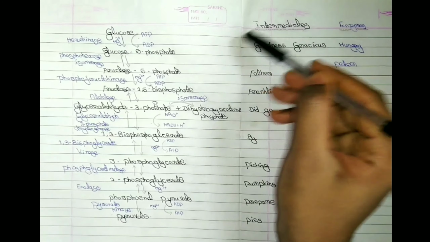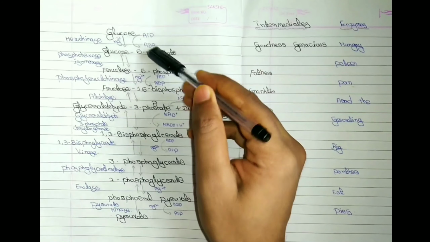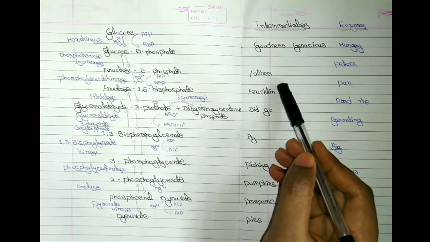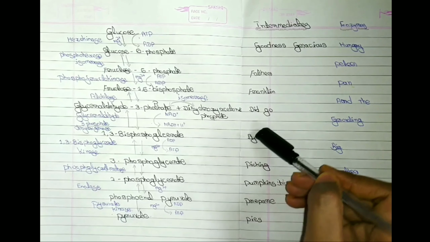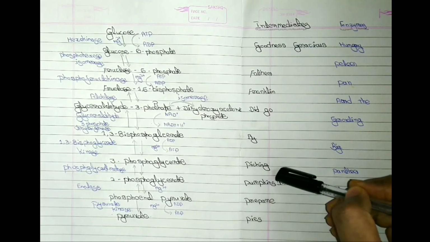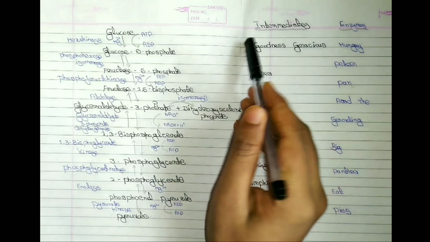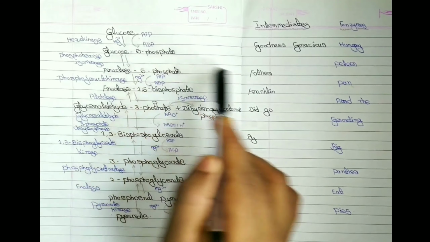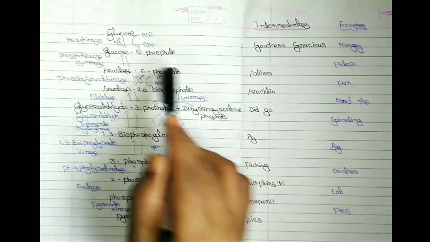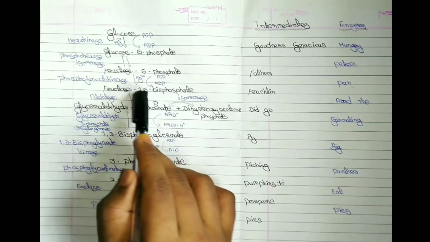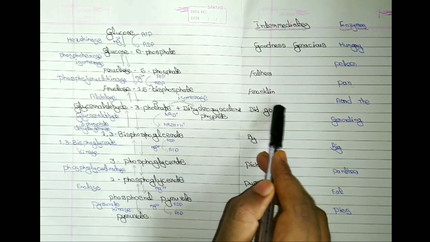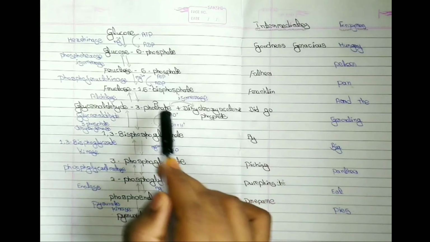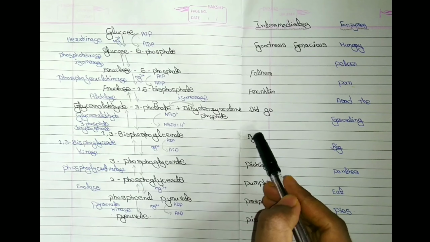Okay, now the trick to remember these glycolysis intermediates: Goodness gracious, Father Franklin did go by picking pumpkins to prepare peas. Goodness, glucose; gracious, glucose 6-phosphate; Father, fructose 6-phosphate; Franklin, fructose 1,6 bisphosphate; did go, dihydroxyacetone phosphate and glyceraldehyde 3-phosphate; did go by